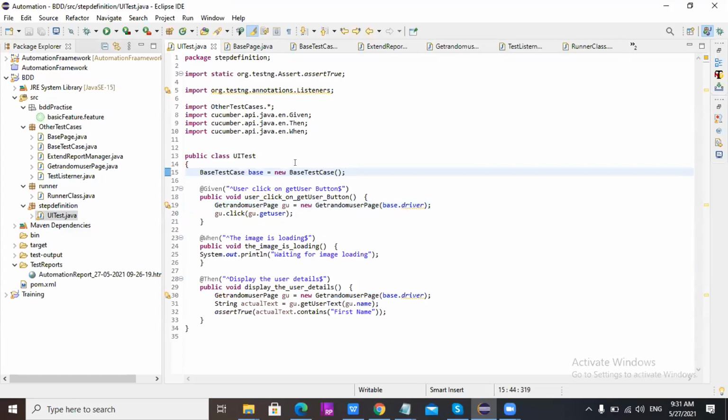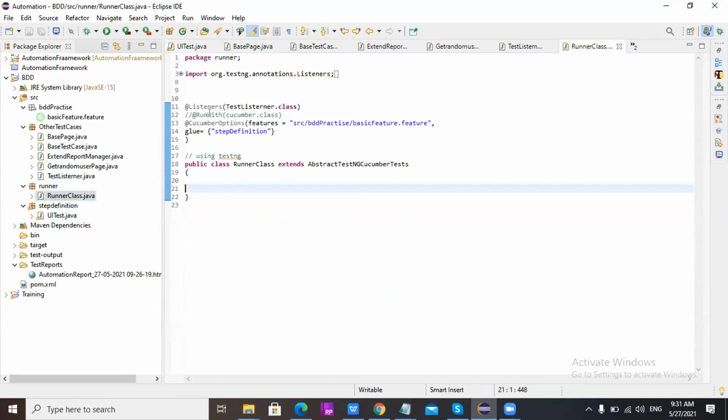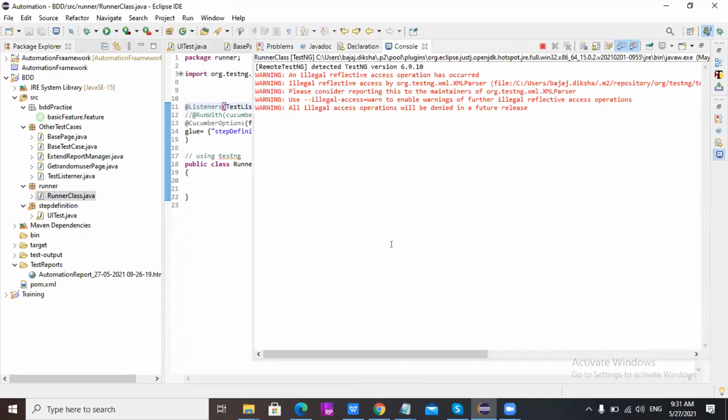But as you said, now we need to give the listener in the runner class. When I'm executing this, I am getting a report, but why am I getting some methods there? Which methods? Just a minute, it is executing.